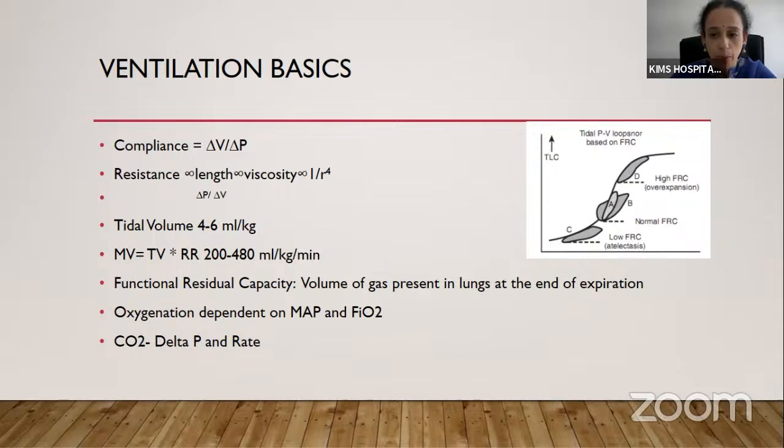If there is a low compliance, the functional residual capacity will be low, as you can see on the right side of the screen. And if there is a hyperexpansion of the lung, even if we increase the pressure, there will not be much increase in the volume of the lung. So that is called high FRC, overexpansion of the lung. So we should always try to ventilate the baby along this rapid slope only, which is